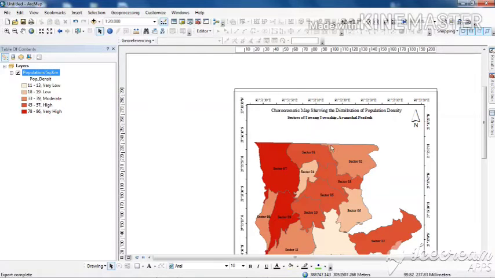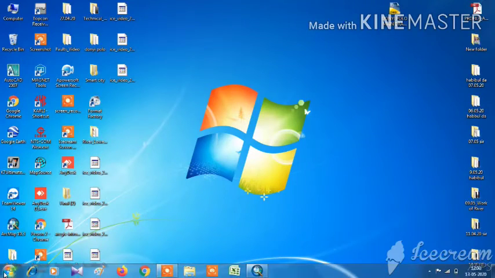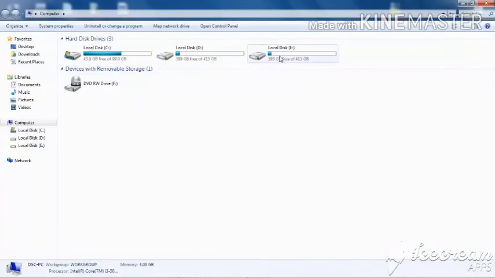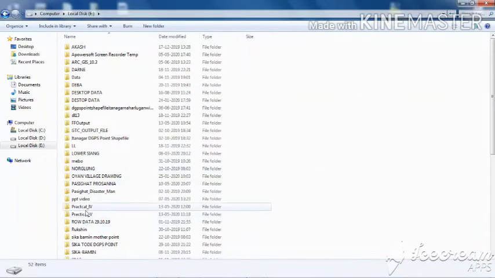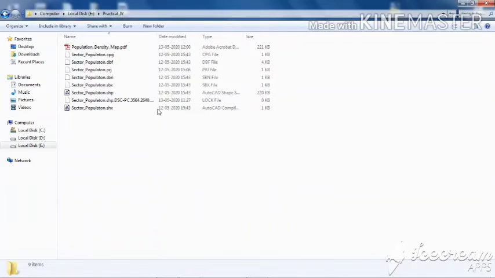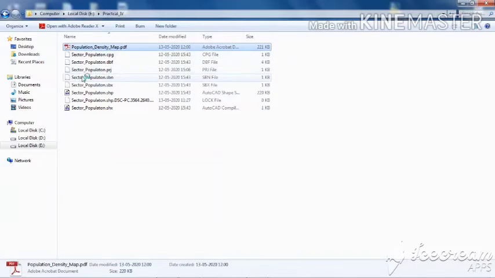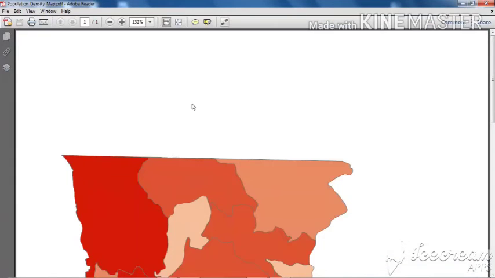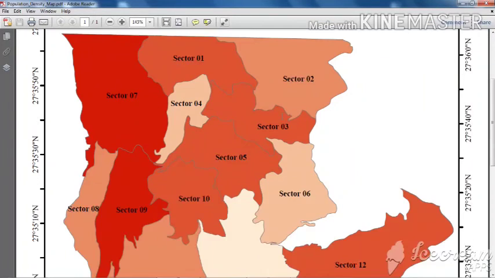As you click on save, the algorithm will run, and you just see in behind, I think in the respective drive where we are likely to prepare our map has got prepared. So this is the map that we have prepared. The map has got ready.